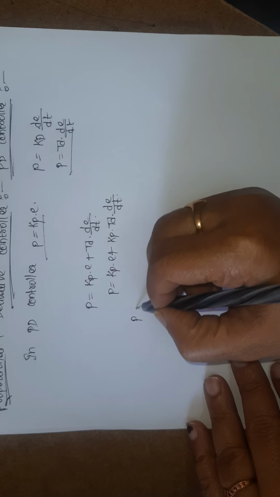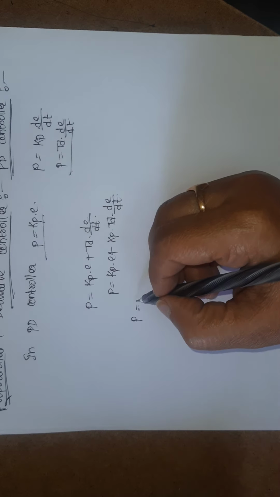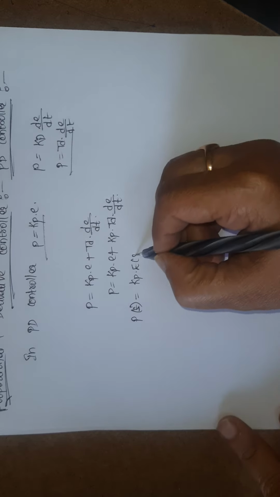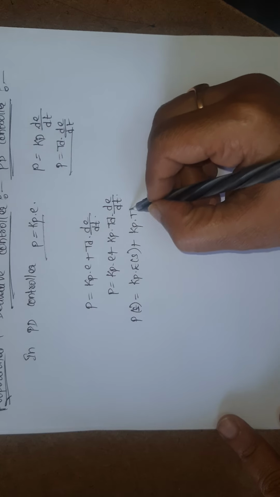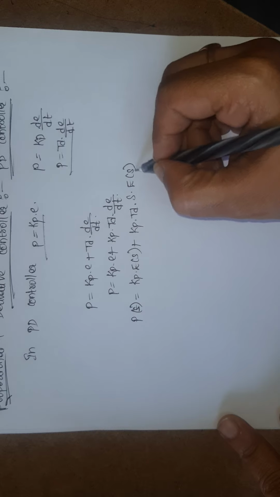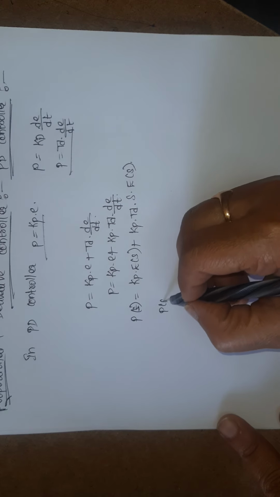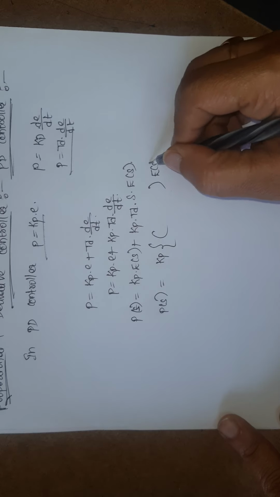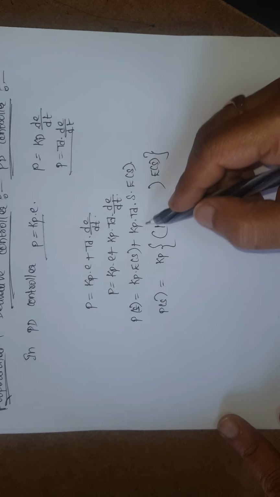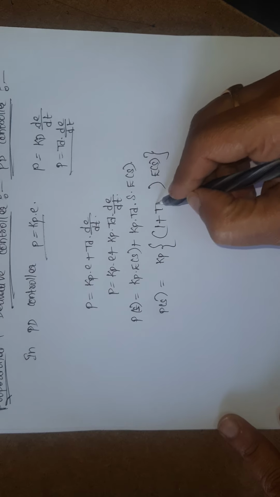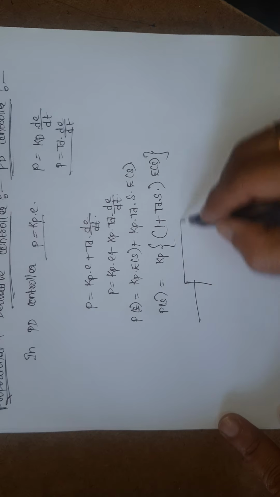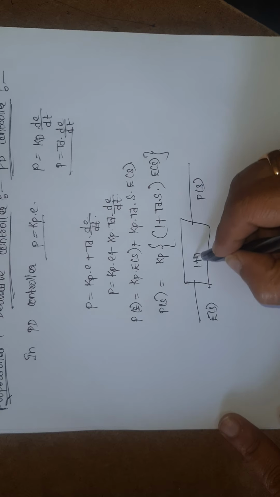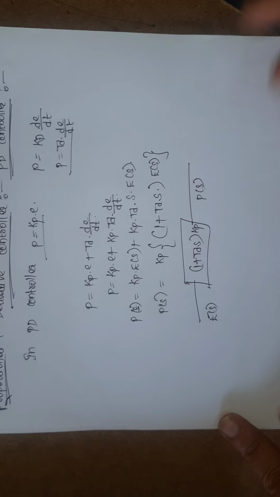In Laplace transformation, P of S is equal to Kp into E of S plus Kp into Td into S into E of S. So P of S is equal to, I will take out Kp and E of S, both are common, then I will get Kp Td into S. Okay, this can be represented in block diagram form. I will get 1 plus Tds into Kp. Okay,